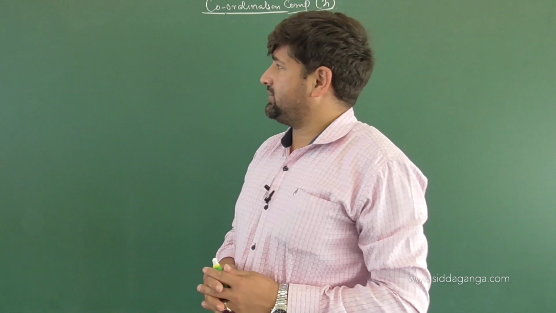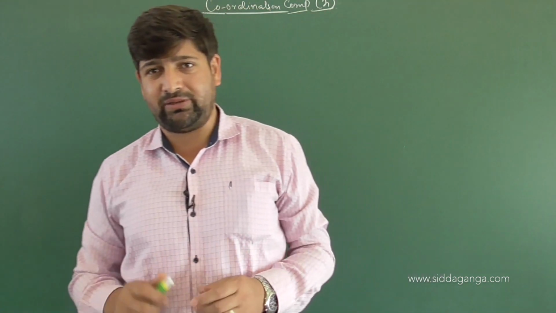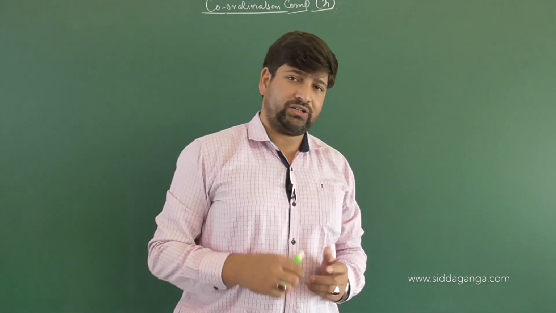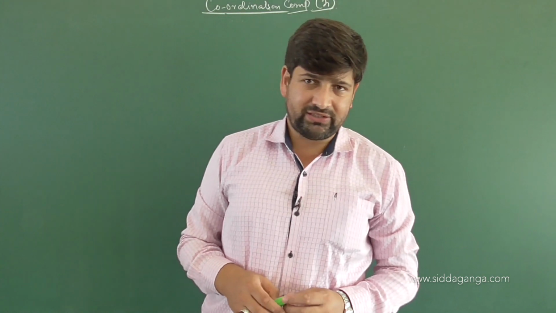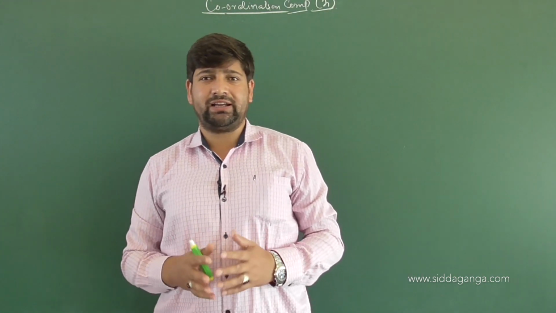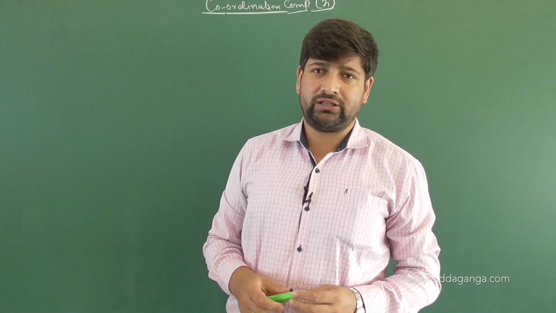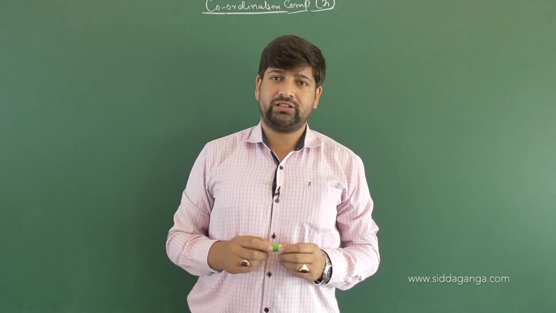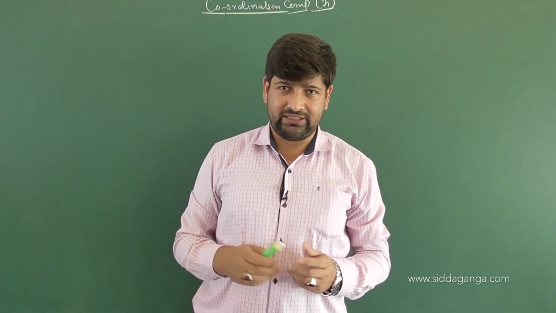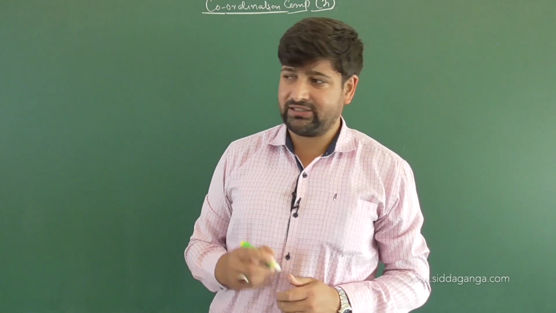I discussed the concept of coordination compound formation in terms of the Lewis acid-base concept last time, in which I told you ligands will work as Lewis bases and the central metal atom will act as a Lewis acid. So these two definitions were clear. Then we cleared the concept of coordination polyhedra, also called the coordination entity. That was the discussion we did in our previous class.